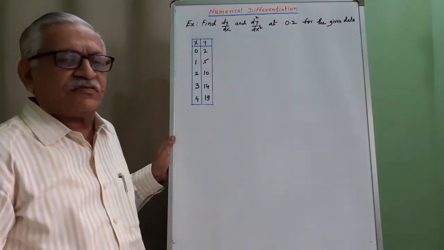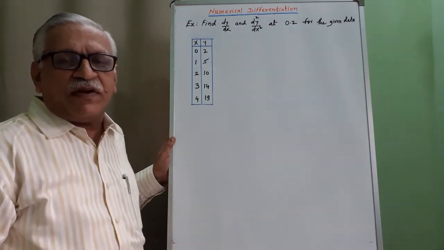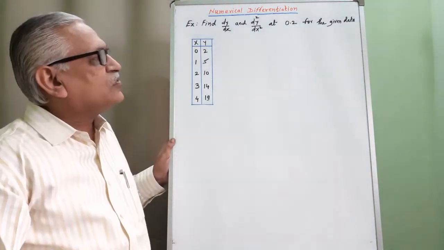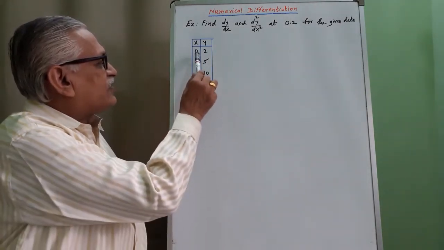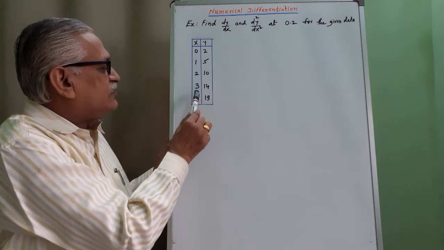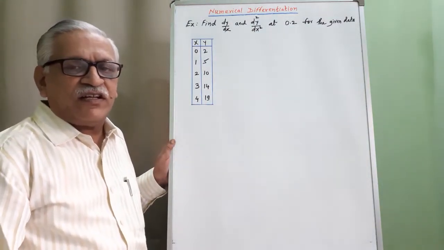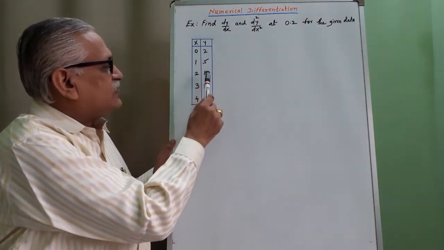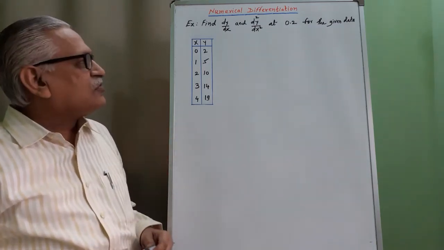Let us try to solve the problem. Find dy by dx and d2y by dx square at x = 0.2 for the given data. The given data is: values of x are 0, 1, 2, 3, 4. The difference between two successive values is 1, equispaced, and the corresponding values of y are 2, 5, 10, 14 and 19. And therefore, to find out this